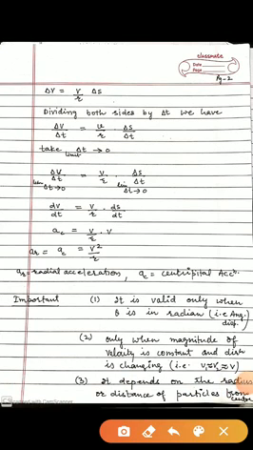After rearranging, you will have dV is equal to V by R into delta S. Dividing both sides by delta T, what you will have is delta V by delta T equals V by R into delta S by delta T. Now this value is representing the average value, so change it to the instantaneous value. In the previous lecture I told you what the instantaneous value is, the value for a very small interval of time. And for this we will take the limit delta t tends to 0.